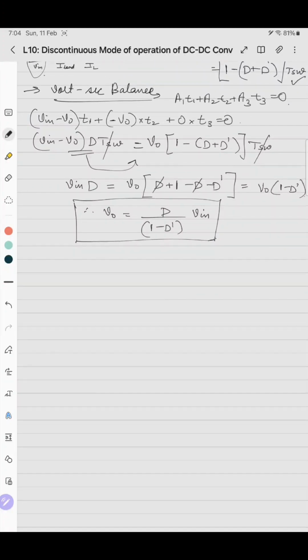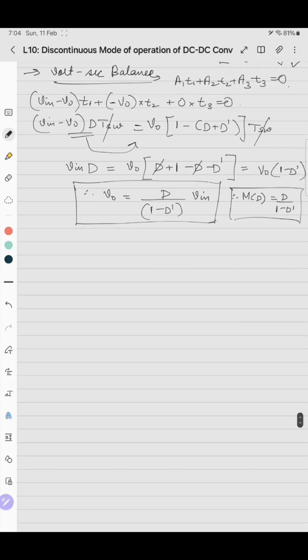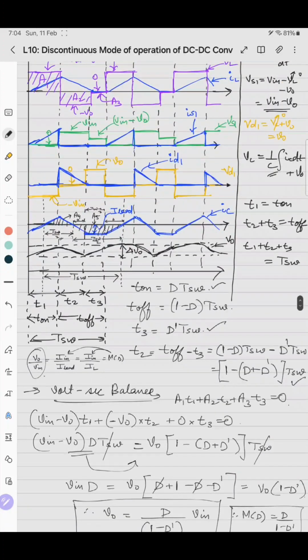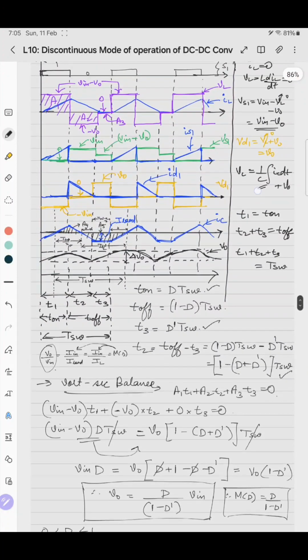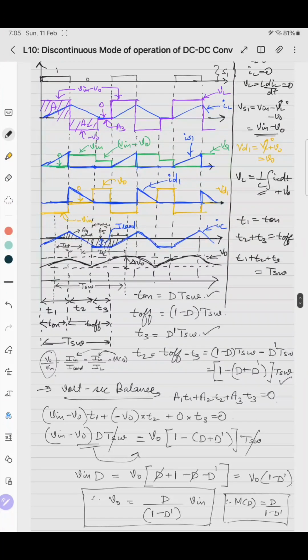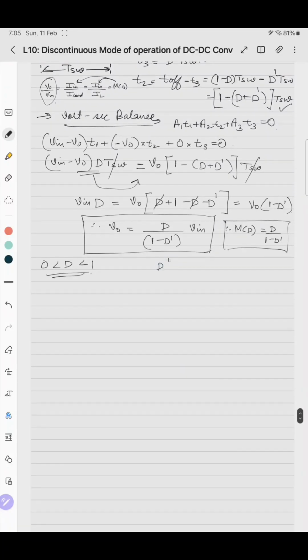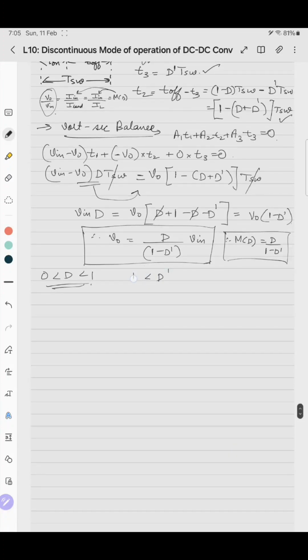This is the DC transfer function for the buck converter operating in the discontinuous conduction mode. So therefore M of D is capital D by 1 minus D dash. It is a function of two terms. Now D lies from 0 to 1, we know. Then we have to see D dash. So T3 was D dash into T switching. So D dash can vary from what? It can vary from T off to 0. D dash can vary from 1 to 0,